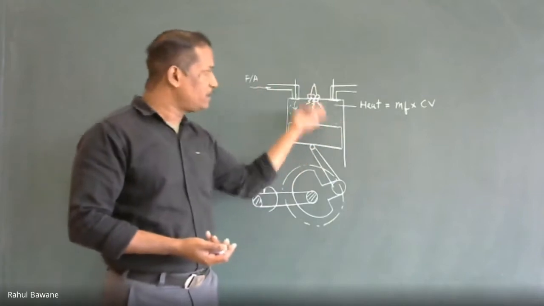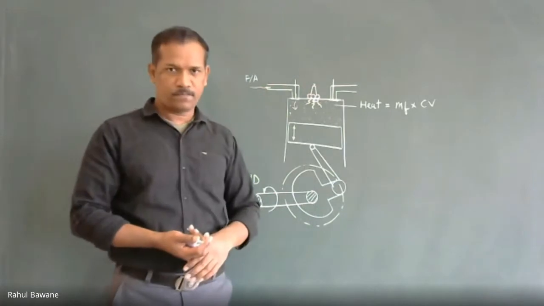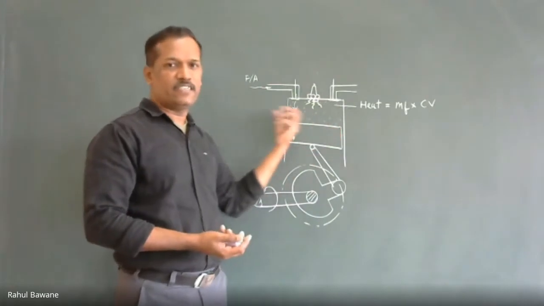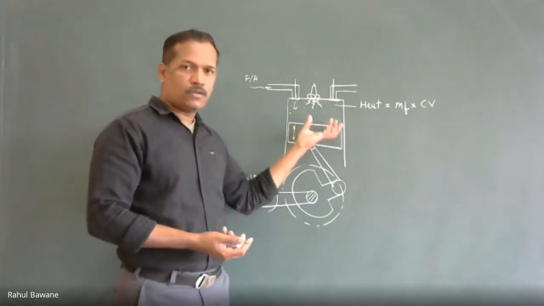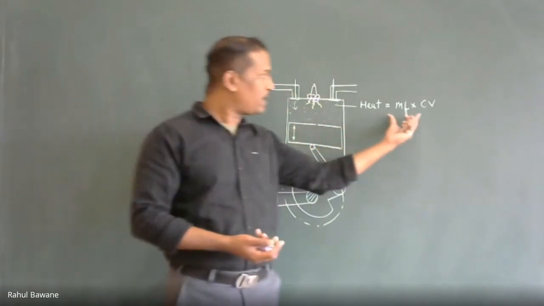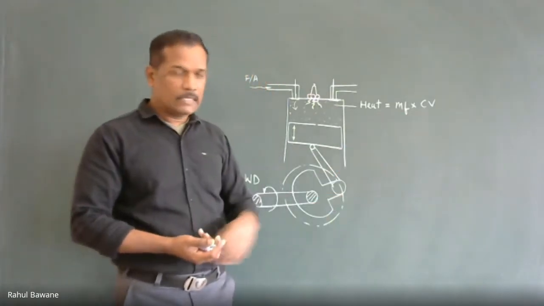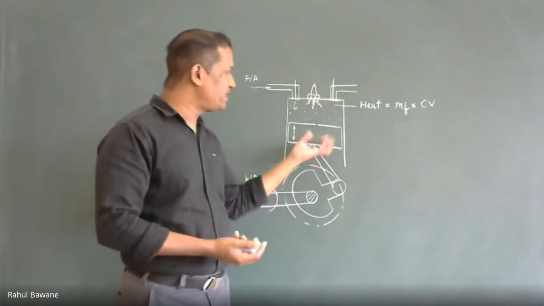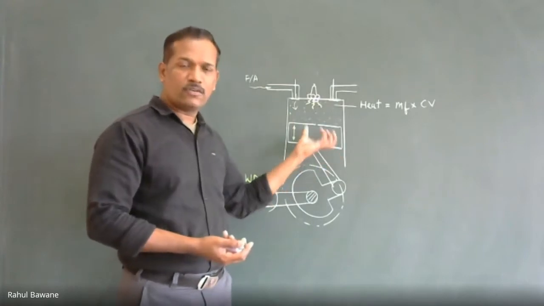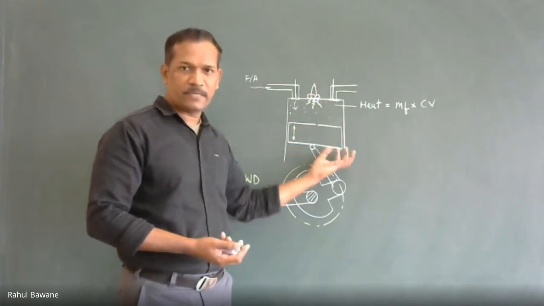Then after that, some heat is extracted by whatever cooling system is there. If it is a bike engine with an air cooling system, the surrounding air will extract the heat. If it is a liquid cooled engine, the liquid cooling medium extracts the heat. So some part of this generated heat is removed by your cooling system. Some part is removed by your lubrication system. Whatever lubrication is provided, no doubt that also gets heated, so heat is carried out by the lubrication system.